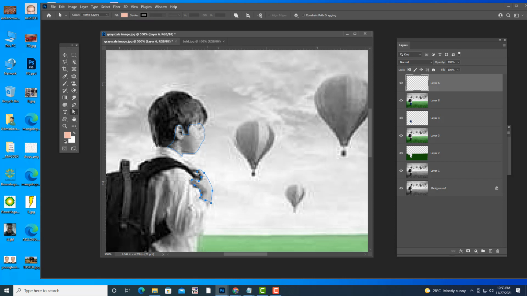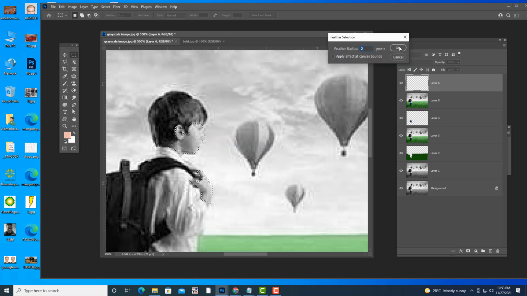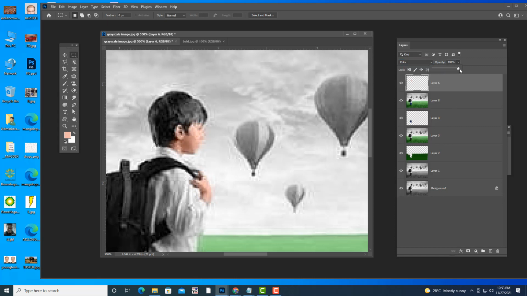Okay, so now we will hit Control Enter, and we'll give some small amount of feather. Okay, and this color we have to apply now, Alt and backspace. Okay, and then we will just use a color blending mode, and then we'll slightly reduce the opacity.